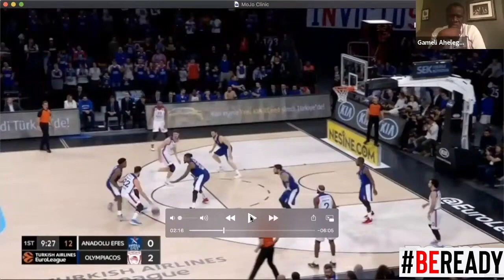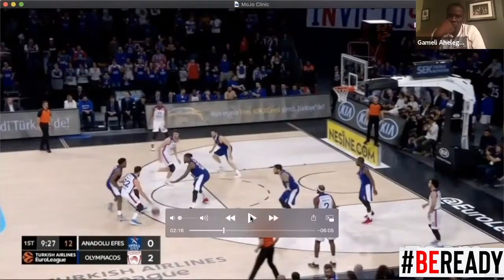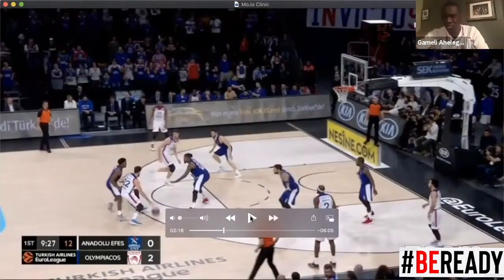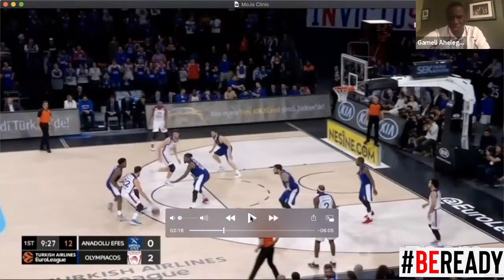Second answer is get great at one, get pretty good at the second, and try to be pretty good at three and four as wrinkles during the season. But get great at a couple. And understand that you also have to know the solutions to your coverage in order to try to take those solutions away. Because whatever you do defensively in pick and roll, you have to give the other coaches credit for attacking your coverage. But if I'm seeing all pick and pop guys during the season in the Summit League, I might be switching a lot. And that's what we do a lot of, is switching, but people start posting up your switch and getting all these things. But